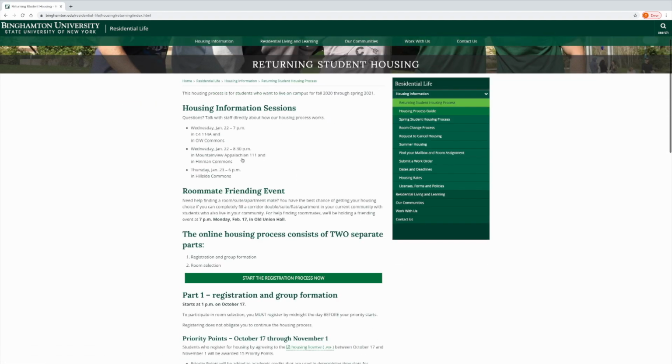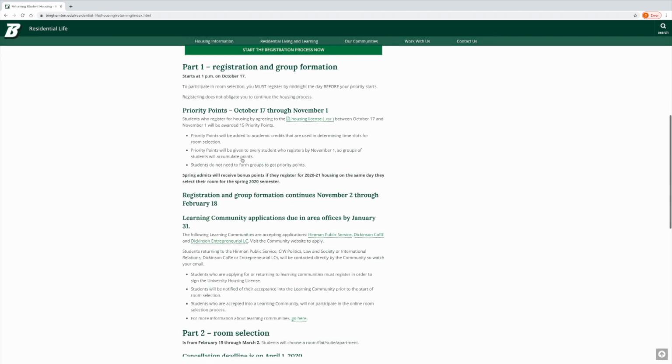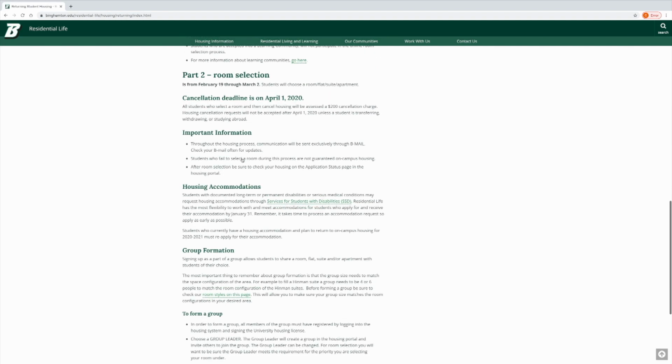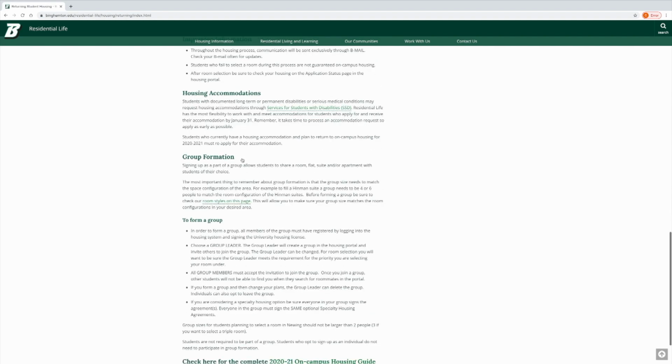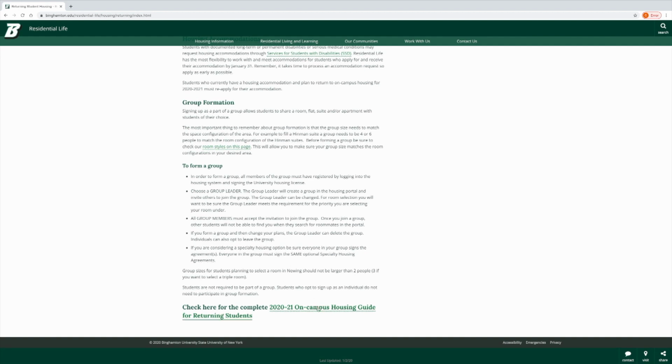The most important difference between this process and what you might have experienced as a new student is that you will not be sent an email telling you when it's your turn to sign up for housing. Returners have many more housing options than new students, and where you want to live, who you want to live with, and often your number of credits will factor into when you sign up. Make sure you familiarize yourself with the housing guide so you don't miss your best chance to choose a room, suite, or apartment that you want.